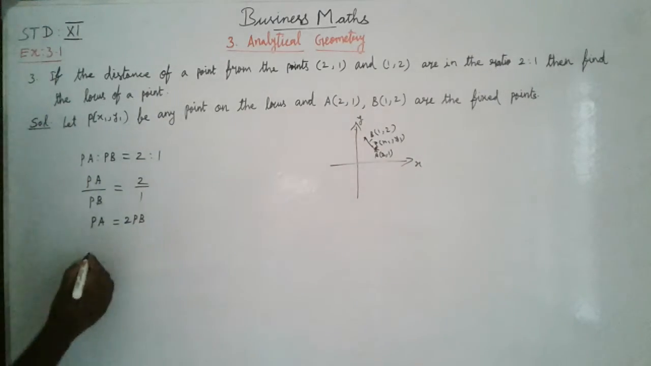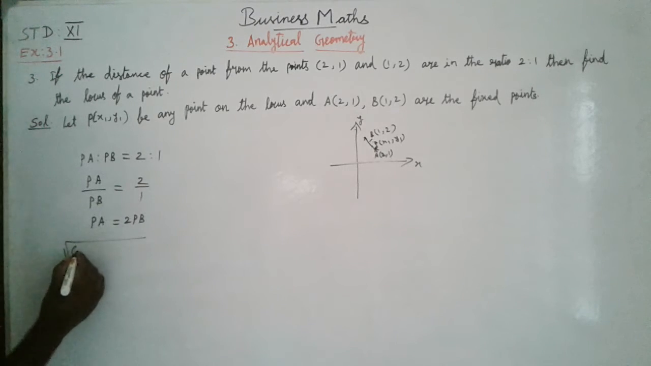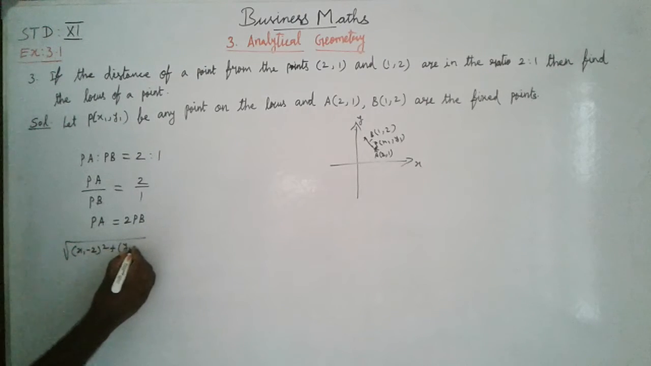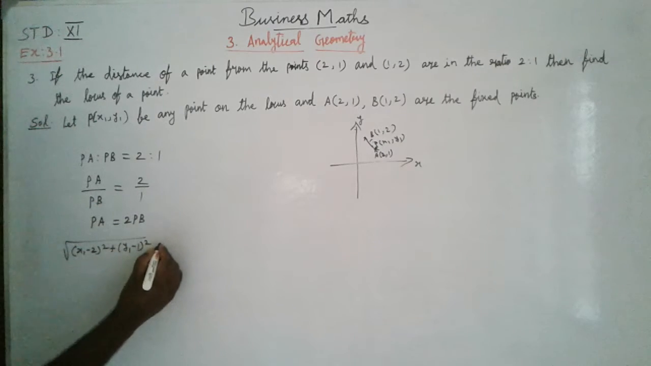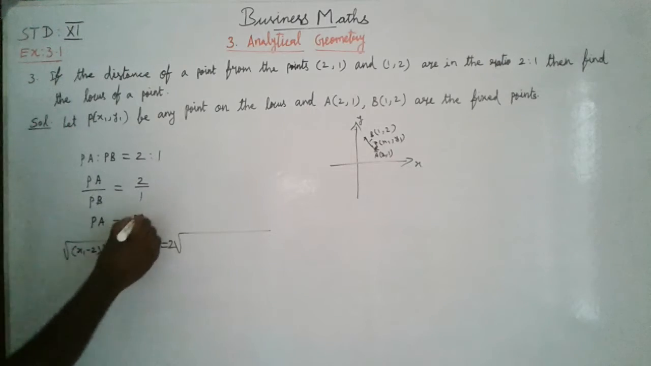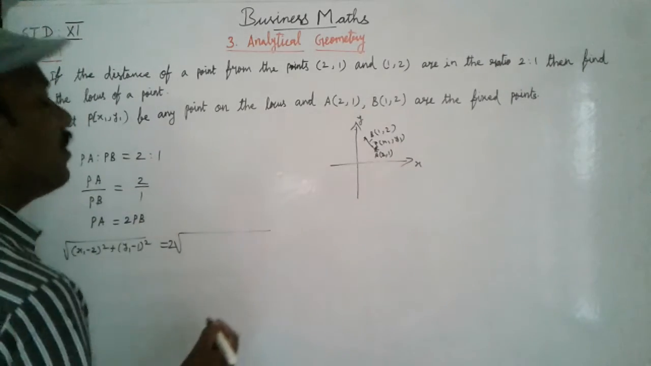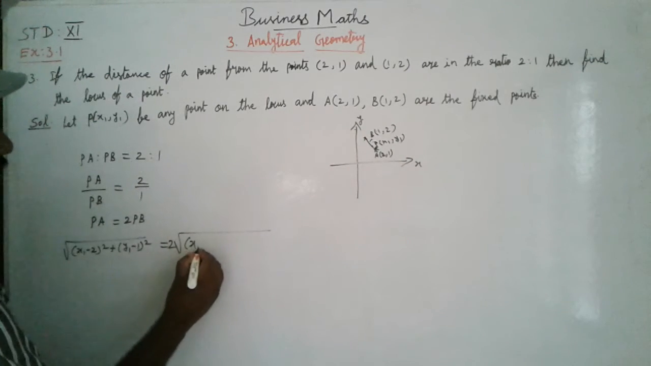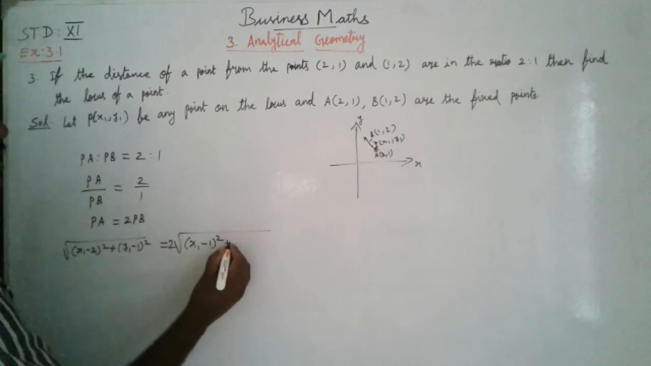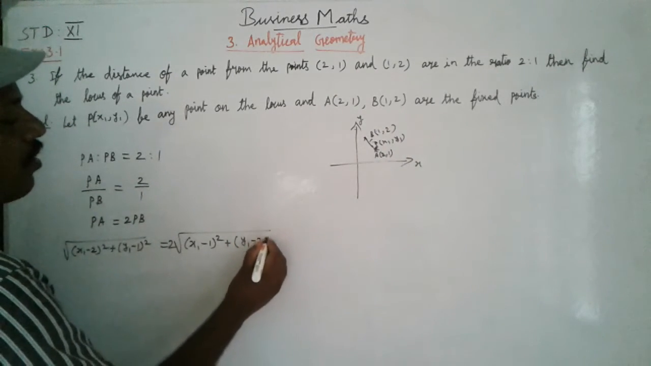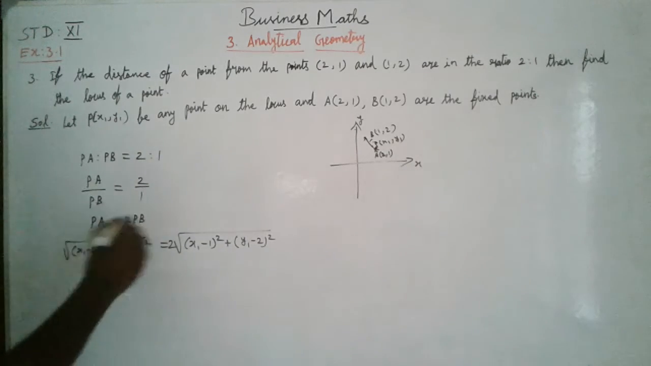Now distance formula we should use for PA. This is the distance formula: square root of (x1 minus 2) whole square plus (y1 minus 1) whole square equals, same distance formula here, 2 into PB. So distance formula: square root of (x1 minus 1) whole square plus (y1 minus 2) whole square. Squaring on both sides,